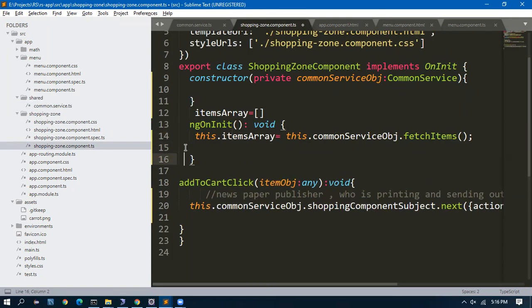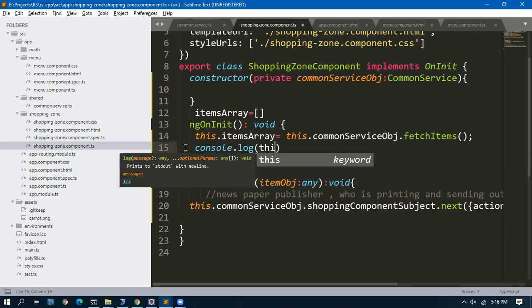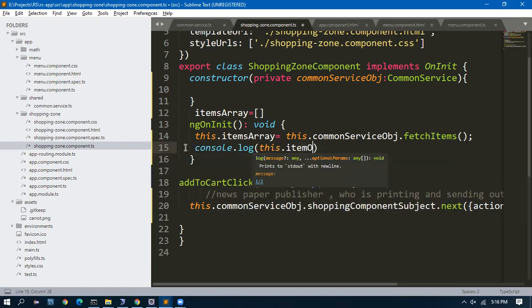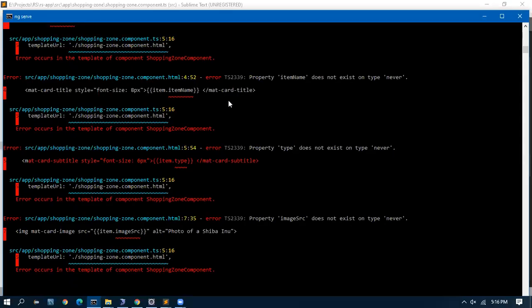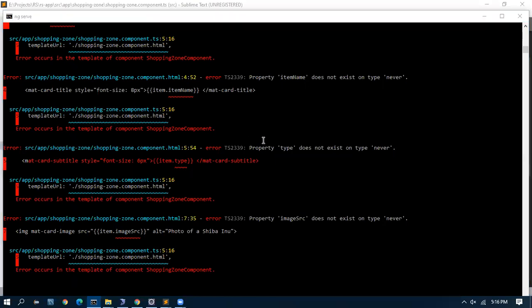Let me print here and see. Console.log this dot item array. Line number 5, shopping zone component.